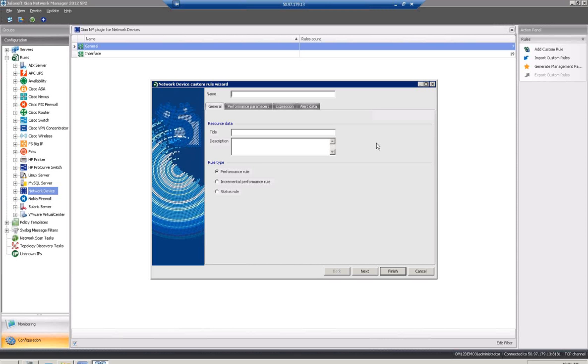So for example, if I discover a device and I don't see a rule that is monitoring the temperature on that device, I can create a custom rule that will do that, instead of other rules or adding to the rules that we already have. The only thing that I have to make sure is that I know the OID on that particular device that is going to provide me with, for example, temperature